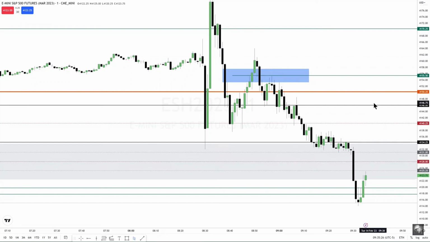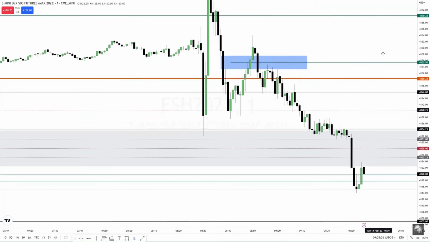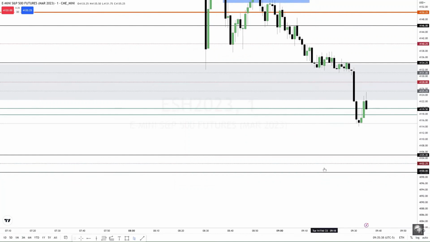I'm not suggesting that's what's going to happen. I'm just telling you the framework because I'm going to be leaving you, and it's something for you to observe and study. But as long as we're below 41.28, sell side liquidity and the new week opening gap for this week, if it gravitates back to that, we're going back into the chop.